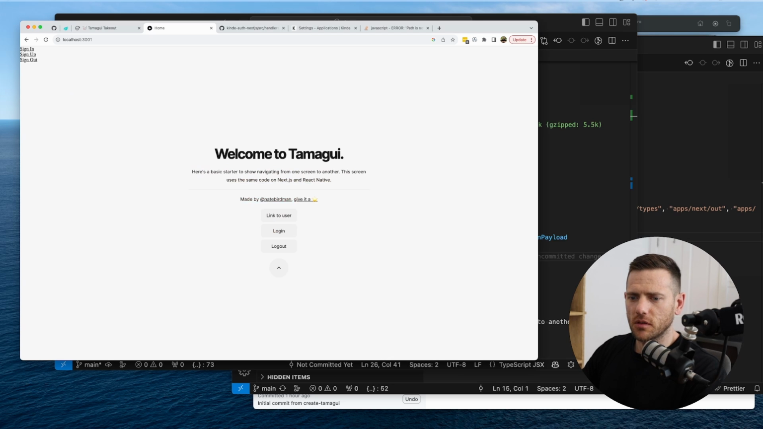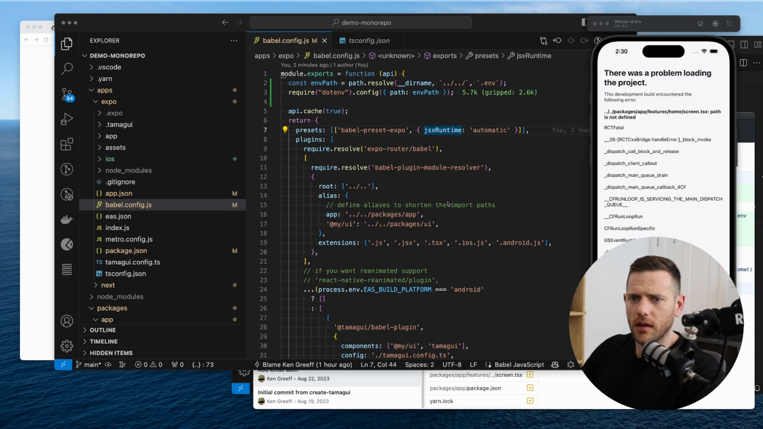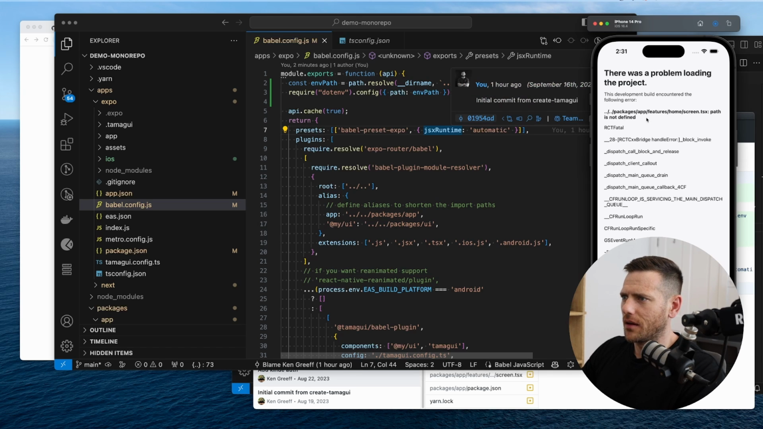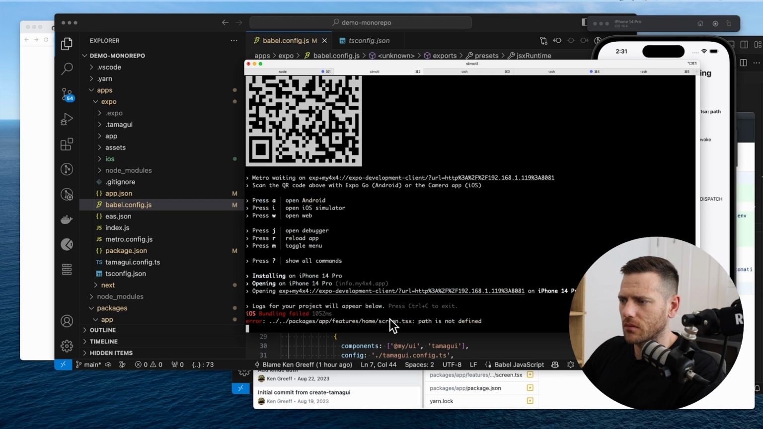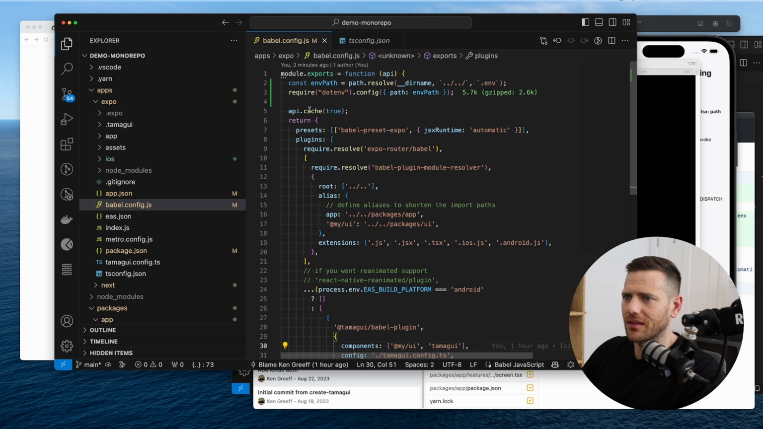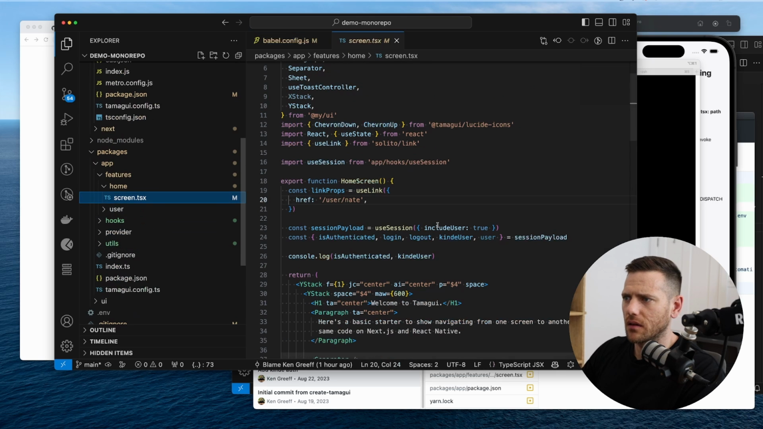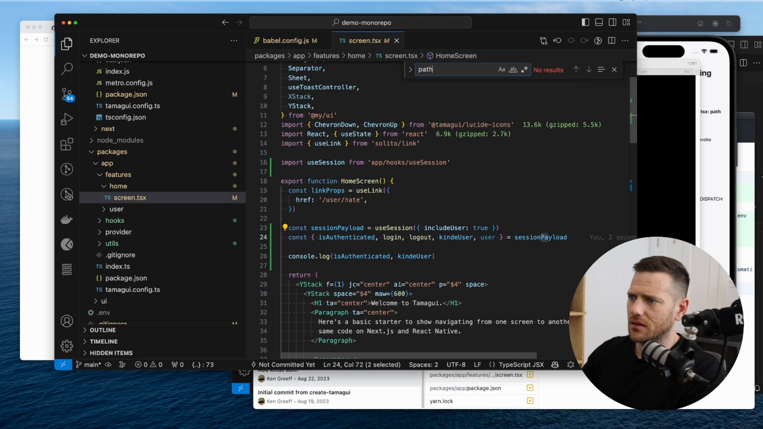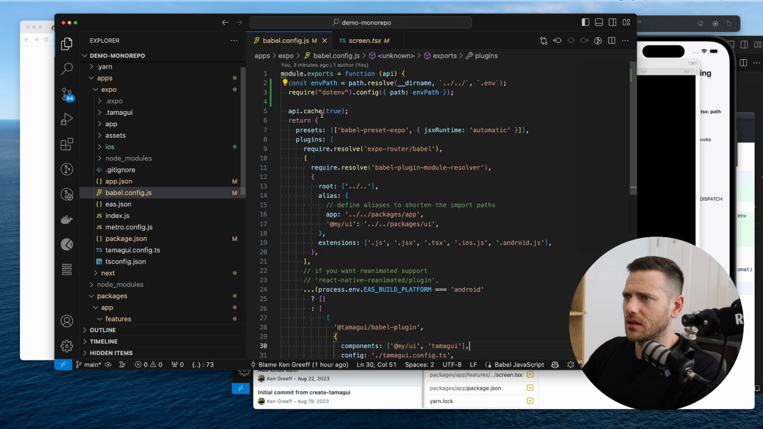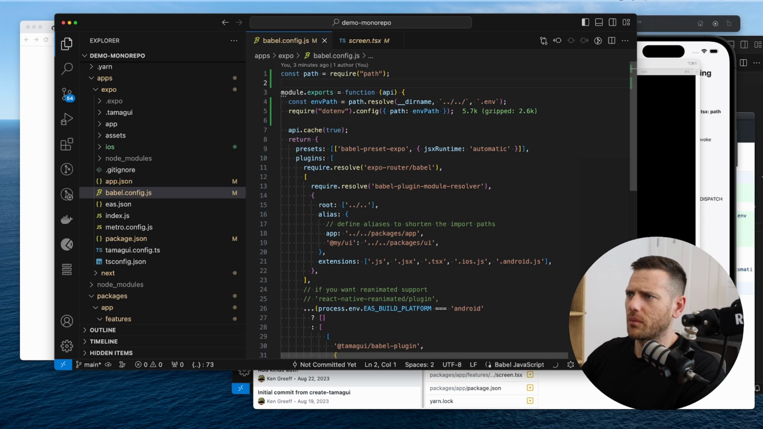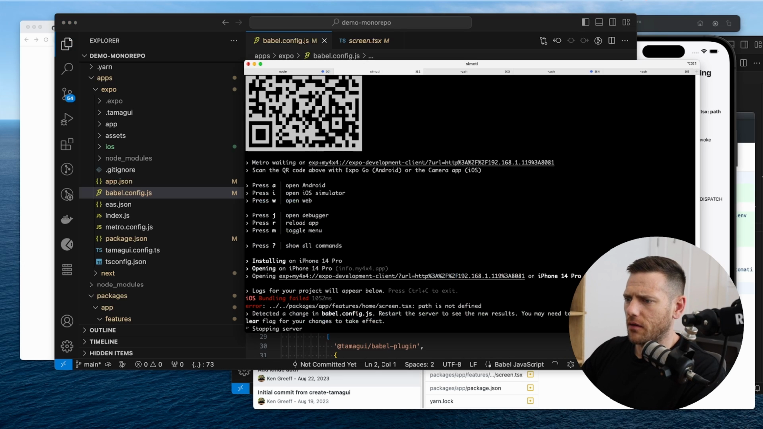All right, so we'll just double check that on React Native. Okay, so we've got a bit of a problem here. When running React Native, there's a problem with the project. Path is not defined. Now, this is a very cryptic and not very helpful problem. There's no path inside of our screen. If we look for path, it's never called. But in here, we're using path. So if we just require path there and reboot this guy,